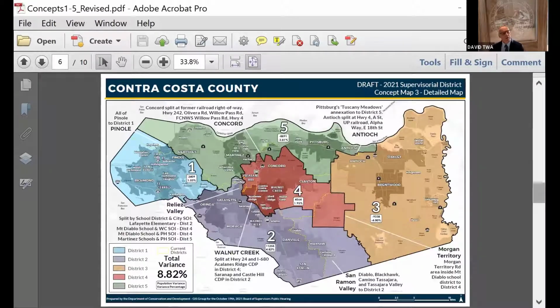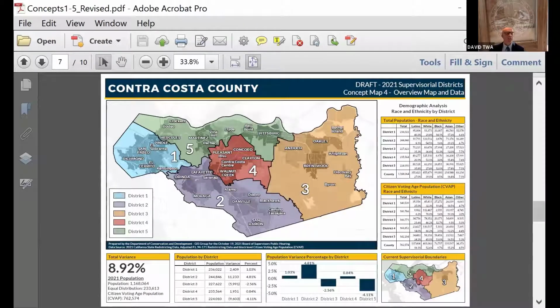So then map 3 essentially shows a little different split as far as providing a portion of the city of Concord, but it also provides more of the Walnut Creek in District 4. This one also has the airport in District 4. And again, here's the same map, but now with the demographic data. All of this is on our dedicated website. And so if you go there, you can click on it and peruse this and draw your own maps